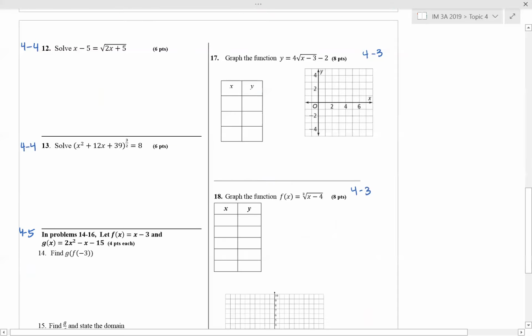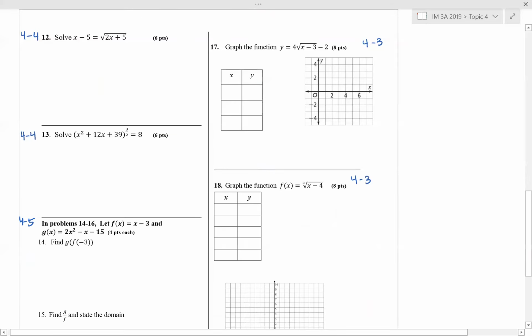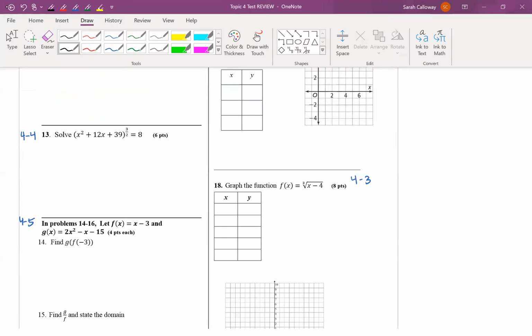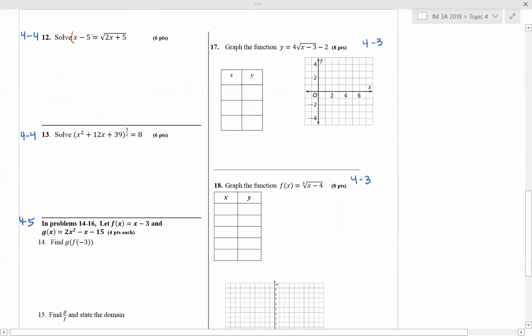Okay, so question 12 is something that's similar to what we had on the quiz. So this is a problem where we need to check for extraneous solutions because we have an x on both sides. So that's the instance where we can come up with answers that aren't actually solutions to the original problem. We start by squaring both sides so that we can get rid of the square root. So by squaring both sides, we're really multiplying x minus 5 times itself. And on the other side, all that does is cancel out the radical, so we're left with just 2x plus